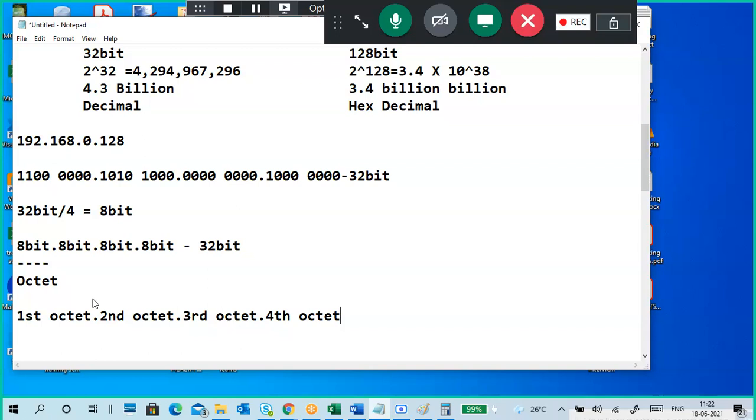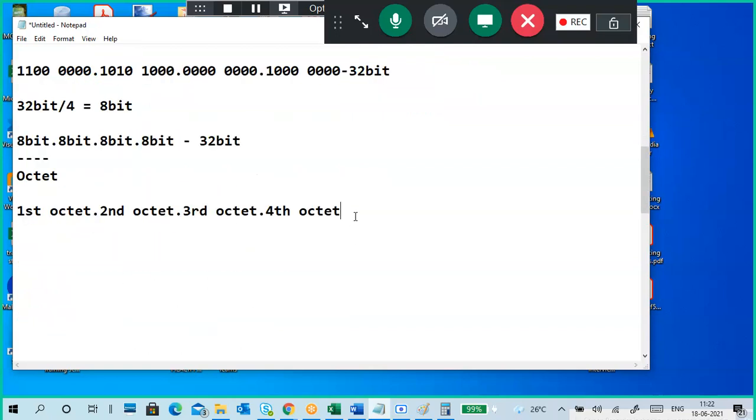First octet, second octet, third octet, fourth octet. Let's just think of it like a box. The first part is the first octet, the second part is the second octet, the third part is the third octet, the fourth part is the fourth octet. So this is